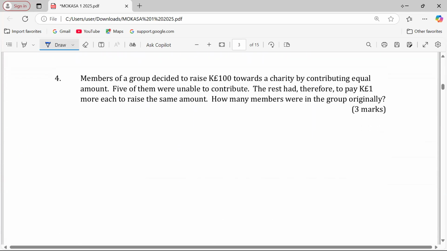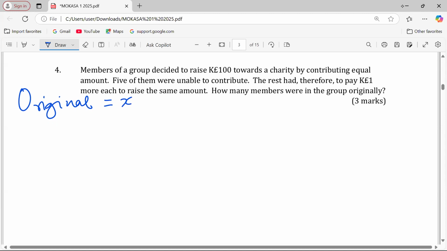Number 4. Members of a group decided to raise 1,000 Kenya pounds towards a charity by contributing an equal amount. 5 of them were unable to contribute. The rest had to therefore pay £1 more each to raise the same amount. How many members were in the group originally? Can we let the original members be X? So if we let the original members be X, then the amount they are supposed to give,